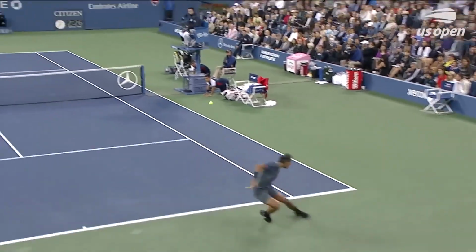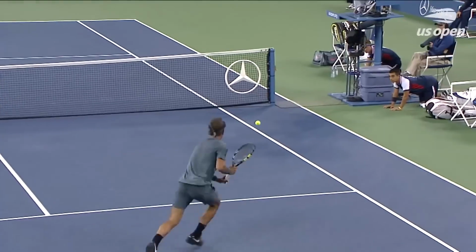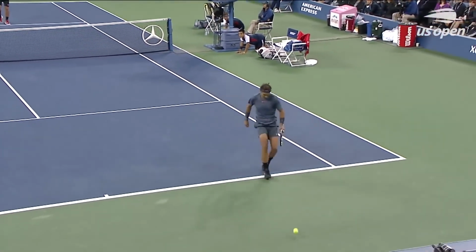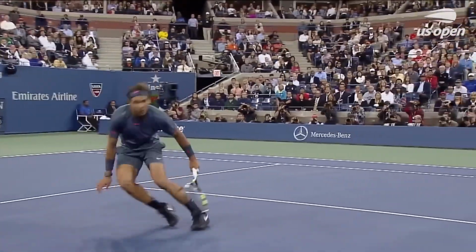It's very hard to pull Nadal up to the front court. That drop shot behind the baseline, and then this is the payoff. See, after the drop shot, Djokovic moves in to take the next ball out of the air. That's the key. After you drop shot, expect